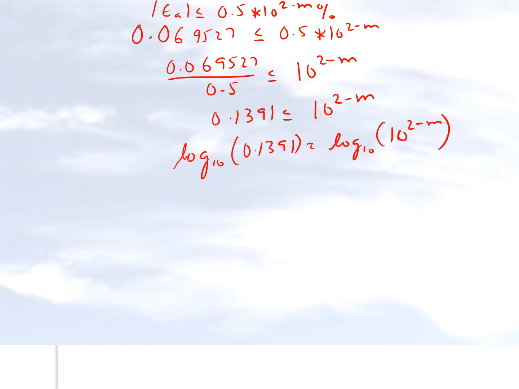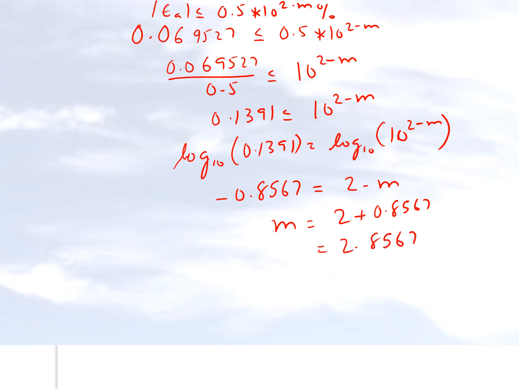So here I will get minus 0.8567. This will be equal to 2 minus m. That means m is equal to 2 plus 0.8567, and that's 2.8567. So the number of significant digits which will be at least correct will be 2. So by doing it this way also, you are able to find out how many significant digits you can trust in your solution of e to the power 0.7 being approximately